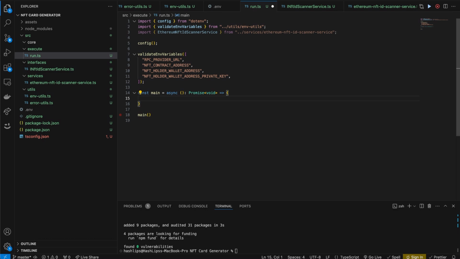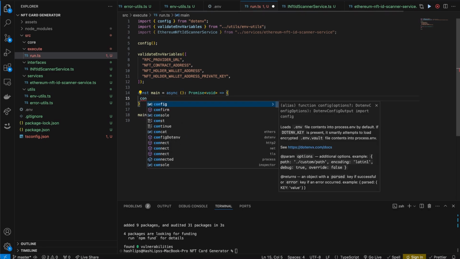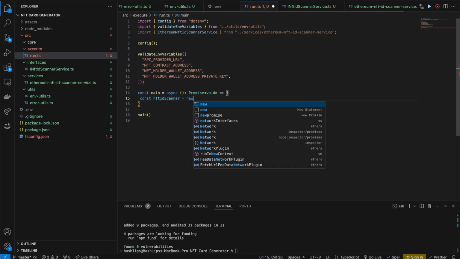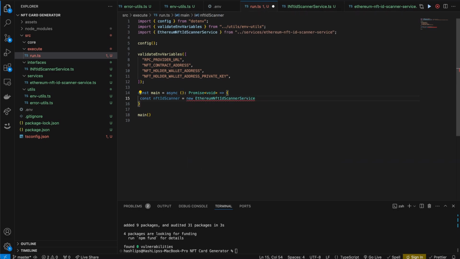Great. Also, what we're going to need now is we need to set up our scanner. Now, I want to set this up in an agnostic way. So if I do const, I'm going to say NFT ID scanner. And this would now be equal to the Ethereum ID scanner. But remember, I want to keep the variable names agnostic for if we want to switch out the services later on. This should be fine for now. And remember, our Ethereum NFT ID scanner takes a few things, like the RPC provider URI. We can now get that if we go to the